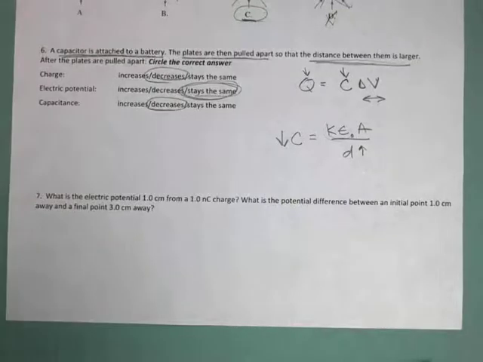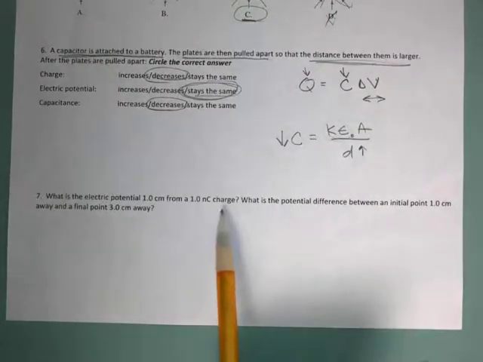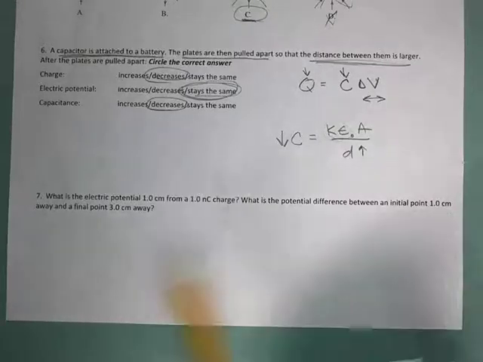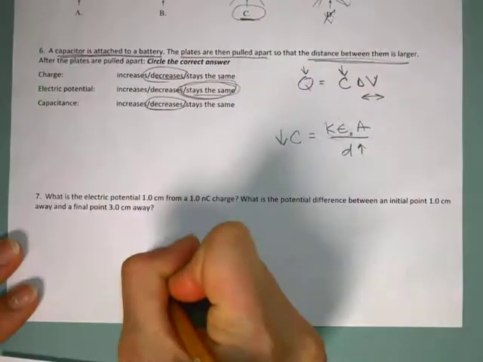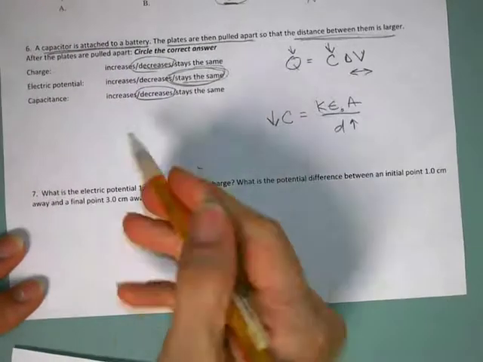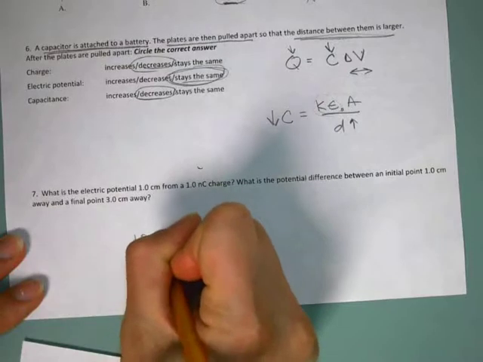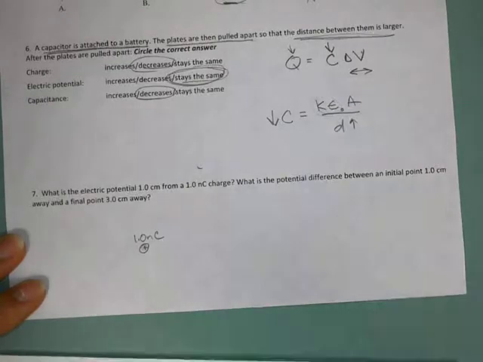All right, so our next question is, what is the electric potential 1 centimeter away from a 1 nanocoulomb charge? And then as a follow-up, what's the potential difference between an initial point 1 centimeter away and a final point 3 centimeters away? So what we are looking at is, I'll draw this as a plus. So this is a 1 nanocoulomb charge. And we are trying to figure out the potential